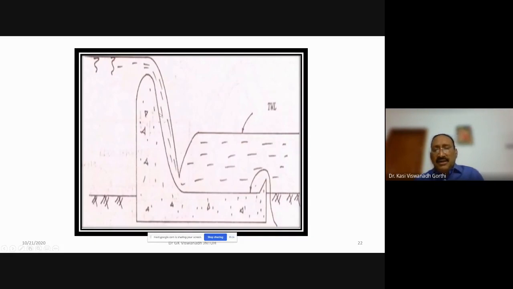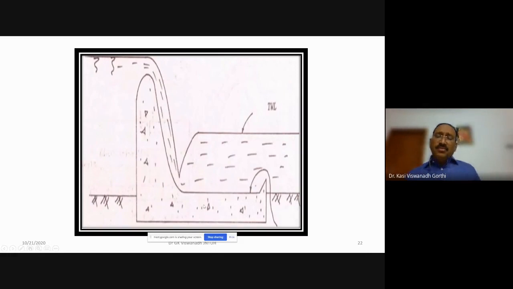So if this is the downstream foot of the spillway, from the downstream foot of the spillway a solid apron is provided. All this is the solid apron. Usually, the spillway and the apron are made monolithic. So this is the section where the hydraulic jump is formed. The supercritical flow starts here, and this is the jump. This is Y1, and this is Y2. So in between Y1 and Y2, there is the formation of the hydraulic jump.